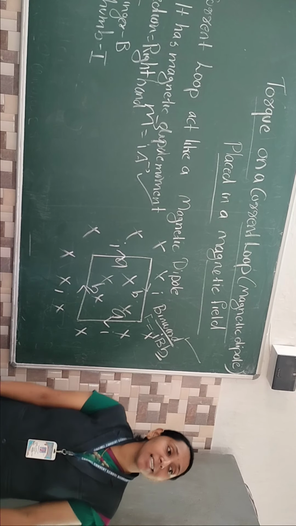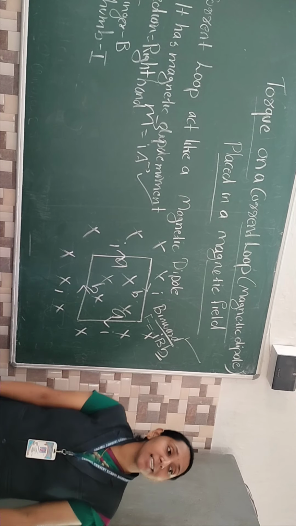Sin theta. Clear everyone? In this case, what is theta? 90 degrees. That's the reason sin 90 equals 1. So I can write the expression F equal to I, L in place of D and capital B, sin 90 value 1. Understood the story? So this is the magnitude of the force. Am I right? This line's magnitude.